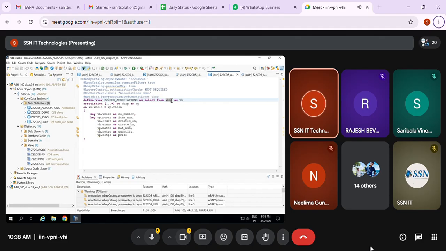Yes, ma'am. So joins won't check whether you want all the fields or all the tables' data or not. It blindly combines all the tables and gets the data. But associations are not like that. Look at which fields you are using in your program. If you are using fields from both tables, it will combine both tables and get the data and display. If you are using only two fields from VBAP, then automatically it is not going to join both the tables. It picks only from VBAP and shows. So associations are lazy joins.